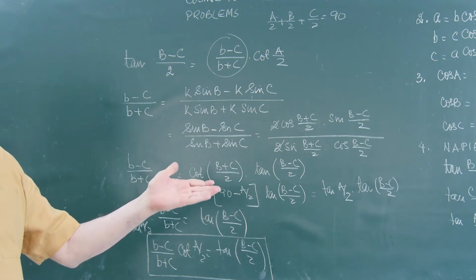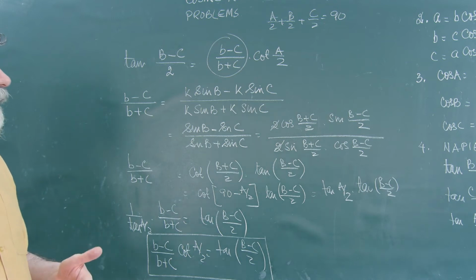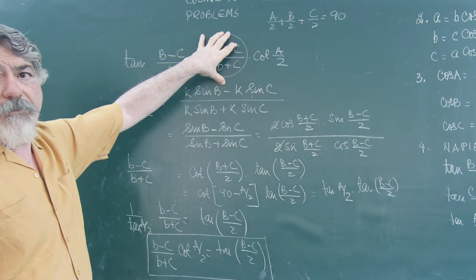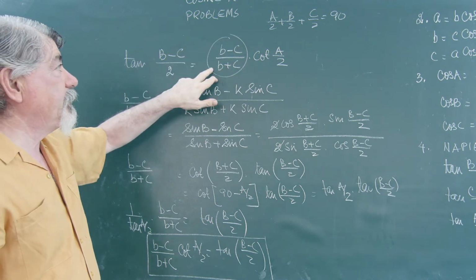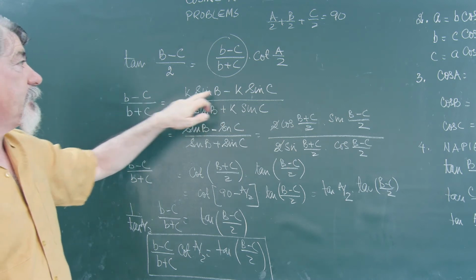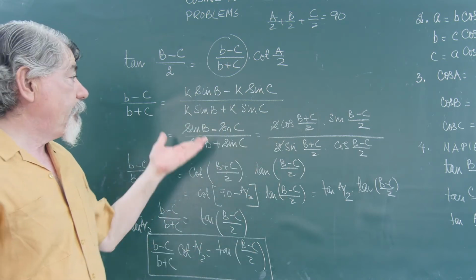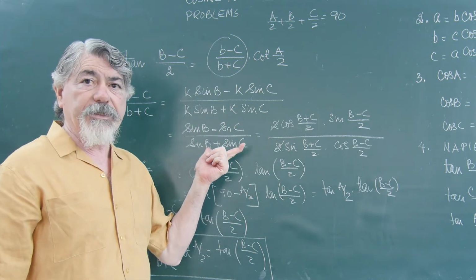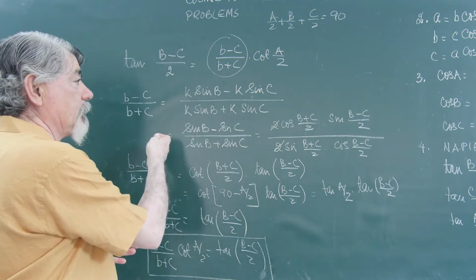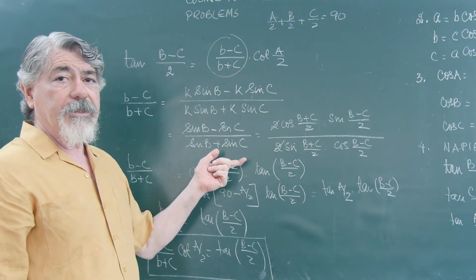Similarly, we will follow all the other three, and this is also a very useful formula which you will be using here. Once again, (b−c)/(b+c). I took this portion from the formula itself. b was written as k sin B, c was written as k sin C. k sin B plus k sin C. We took k common in the numerator and in the denominator, and then we cancelled out k. It became sin B minus sin C over sin B plus sin C.